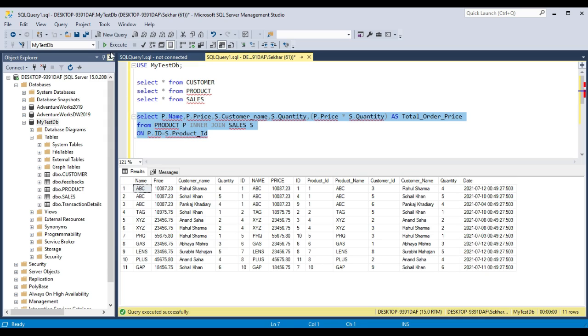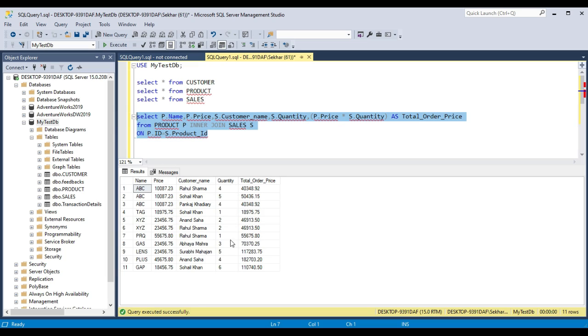So now if you run this query, what happens, you see, the price of the product was 10,087.23 rupees and the quantity is 4. So the customer has to pay how much? So price and quantity if we multiply, he has to pay a total of 40,348 rupees 92 paisa.